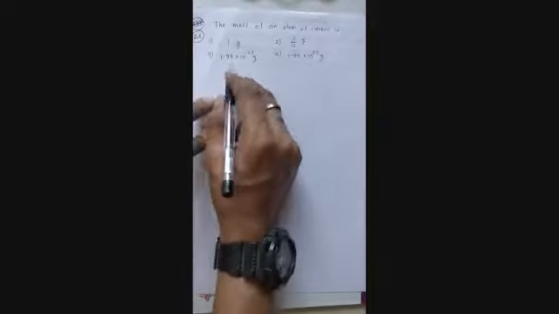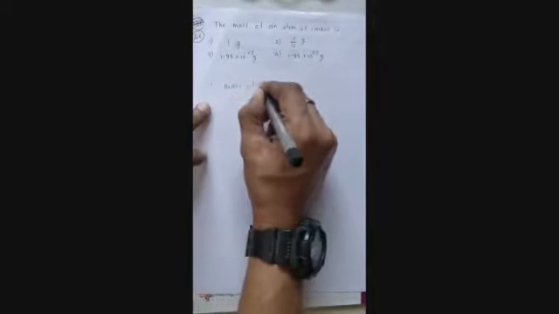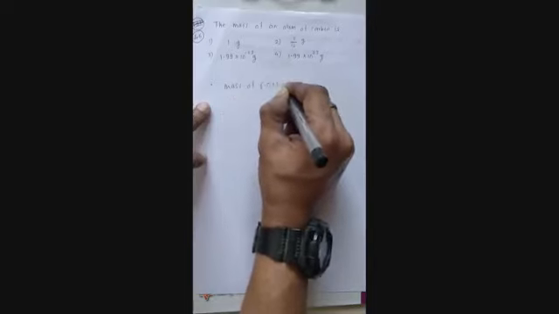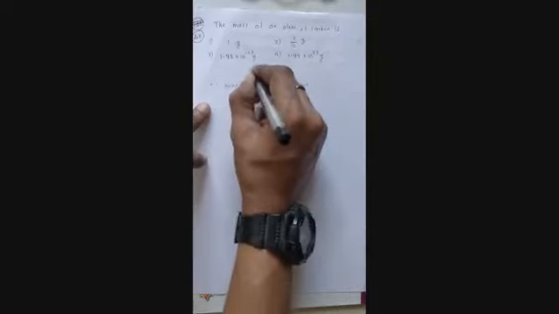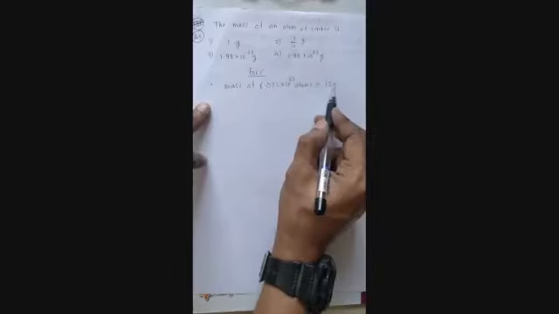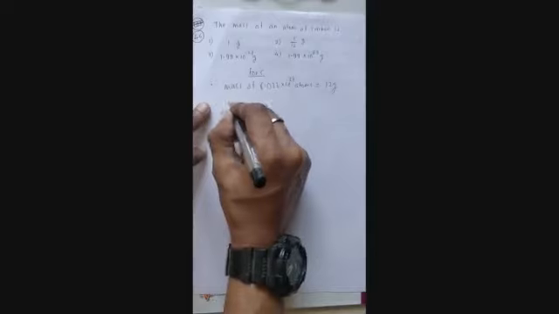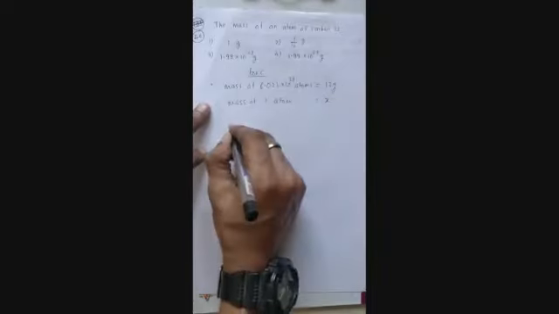Let's see next question, number 46. The mass of an atom of carbon is. This is pretty simple. You can see since the mass of 6.022 into 10 raised to 23 atoms of carbon, this is for carbon I am saying, belongs to 12 grams because it is carbon, correct? Now it is equal to 12 grams. Therefore, mass of one atom of carbon is equal to X. So X is your final answer.